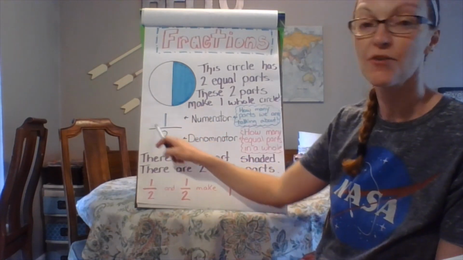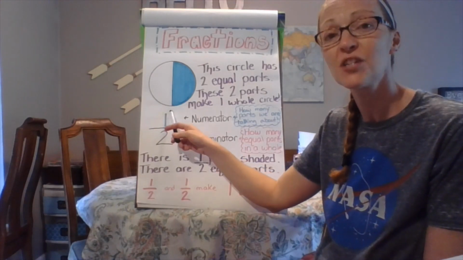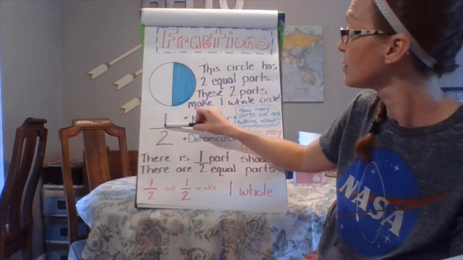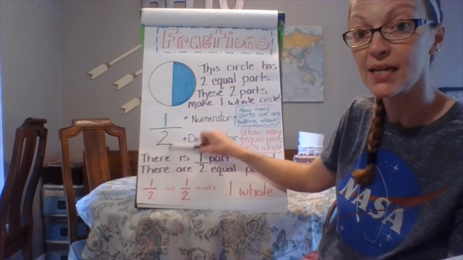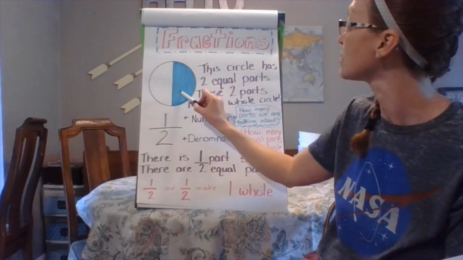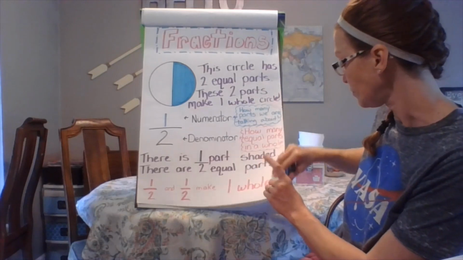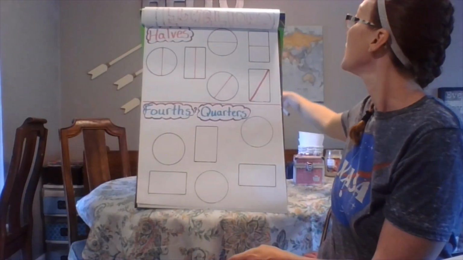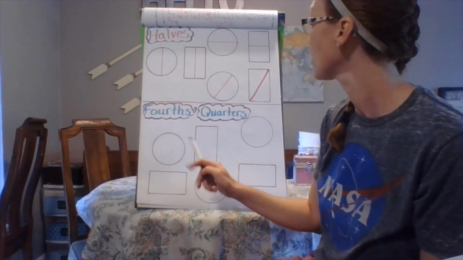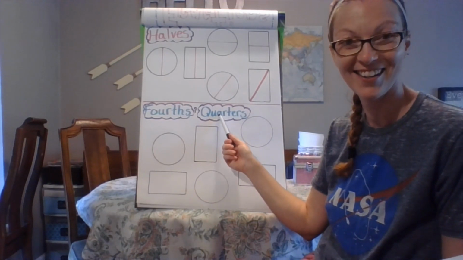The numerator, the one on top, is the one that we're talking about, right? Usually it's shaded or we color it in. So there's 1 colored in. The numerator is 1, the denominator is 2 because there's 2 equal pieces, equal parts, but only 1 is colored in. Okay. So we have worked with halves, and then on Thursday of last week, we worked with fourths or